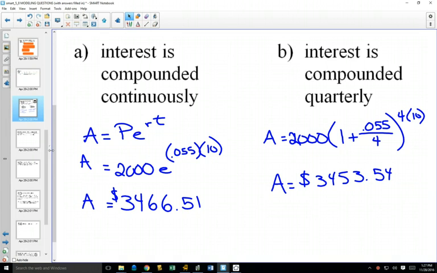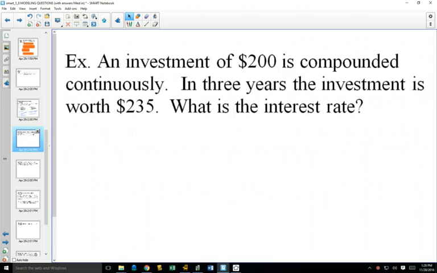Now, in real life, there's no bank that charges you interest continuously, because there's a perception that this would be a lot more, right? You expected this number not to be just $12 more, especially in 10 years. So no banks are going to do that because it would just be bad PR and they're not going to get any customers if they charged interest continuously. But we do use this formula quite a bit when we're looking at population. So some of the examples we're going to do later with this are going to be with population.